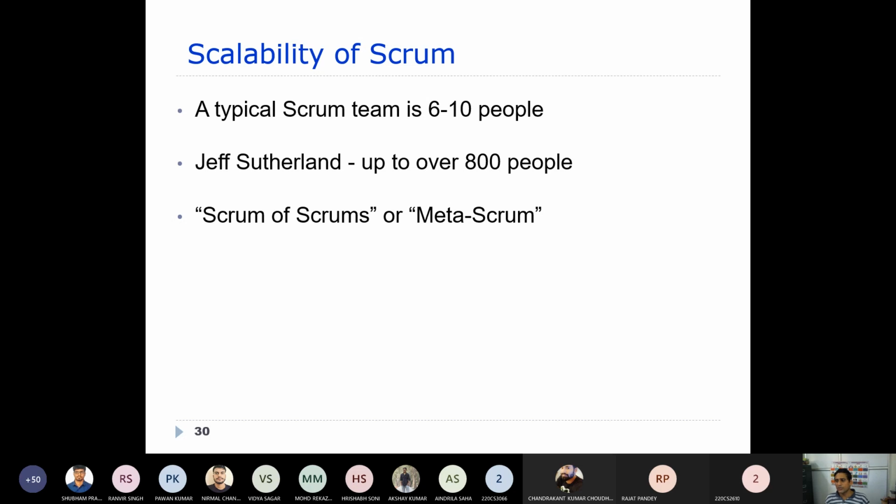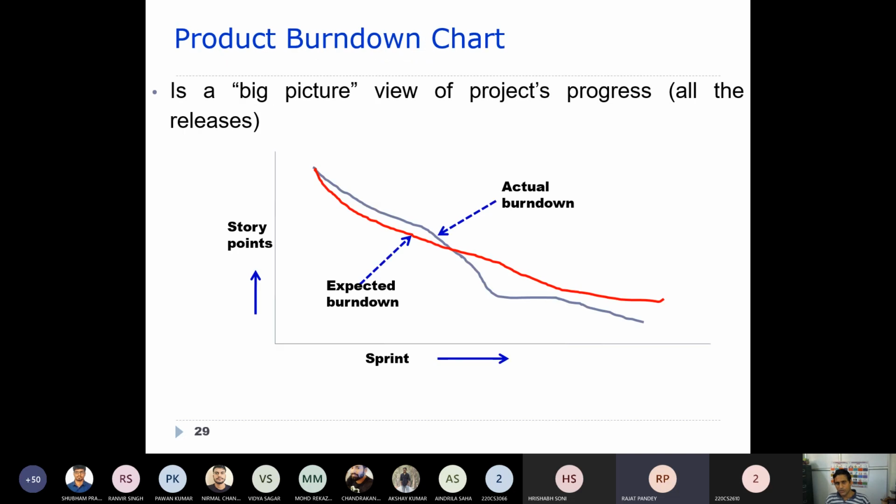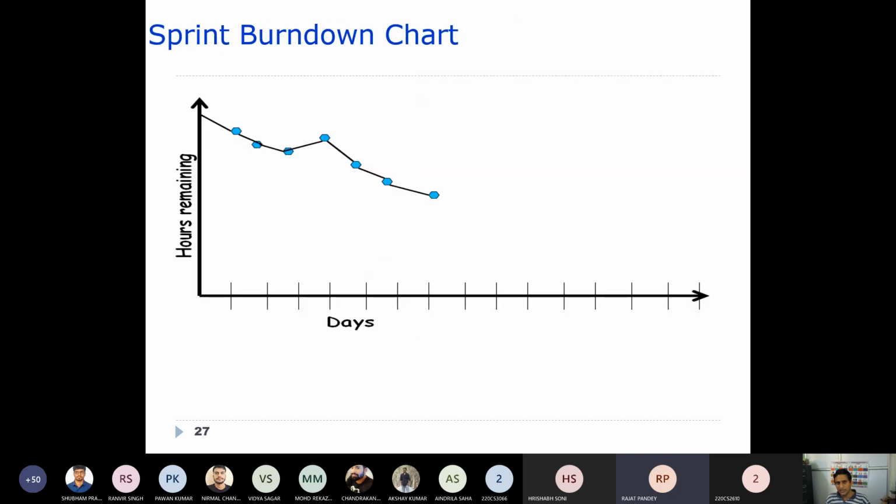Any doubts so far, students, related to the scrum process model? Sir, those burn down charts are similar to a countdown kind of thing, right? Like I understood it that way. Which one? This one. Yes, sir. I mean, they initially project how many hours it will take to complete the work, and how do they do that?